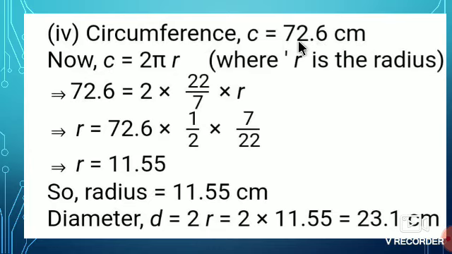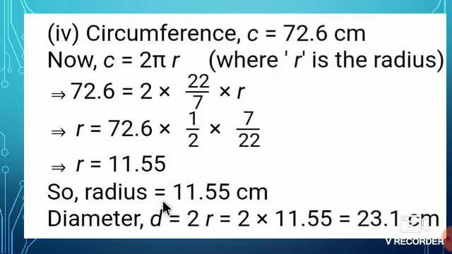Circumference is equal to 72.6. Same formula you have to use. 72.6 is equal to 2 into the value of the pi into the radius. Again write the r to the left hand side. Then 72.6 multiplied by the reciprocal of 2, is 1 upon 2, multiplied by the reciprocal of 22 upon 7, is 7 upon 22. Then after dividing you will get here